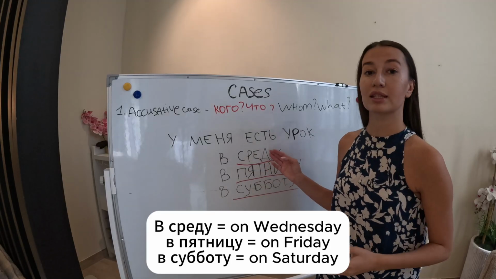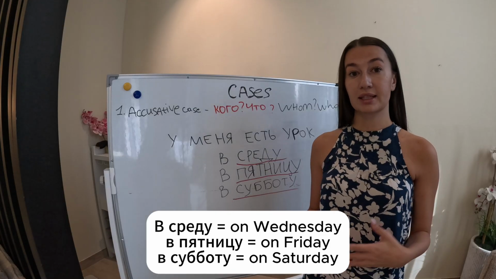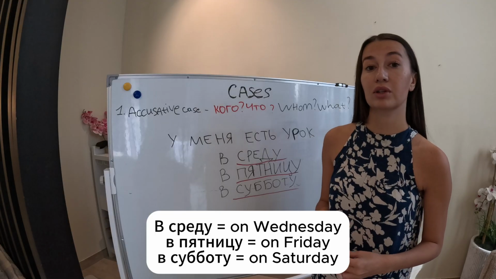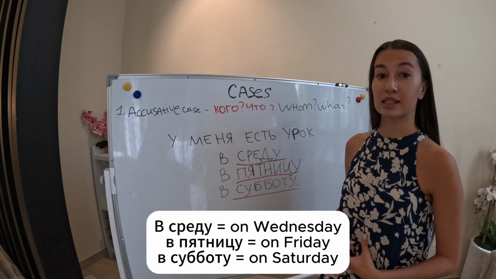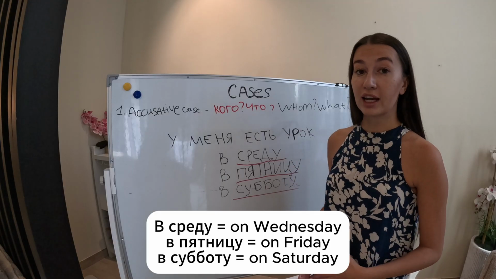So, в среду, on Wednesday. The original word for Wednesday is среда, but when you want to say on Wednesday, we say в среду. So we change our last letter A to U. В пятницу, on Friday,